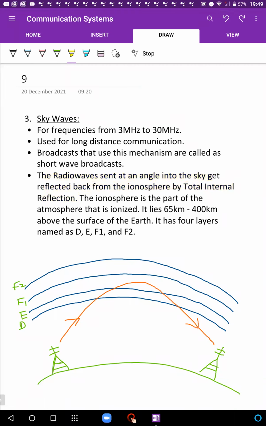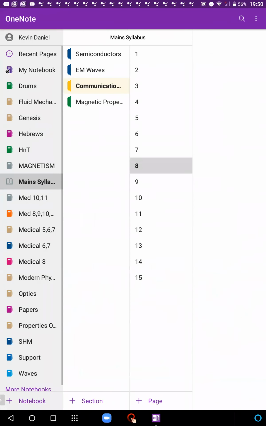My one advice is just try to not mix the two up. Okay, I've seen students understand sky waves and understand space waves, but they mix up the names. Space and sky sound very similar. Okay, so don't mix them up. This is using the ionosphere. So this is using our atmosphere. This is using the sky. Okay, and the other one is communicating with space satellites. Hence, those are space waves. So just try to not get them mixed up.